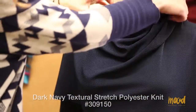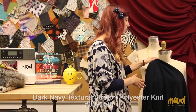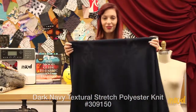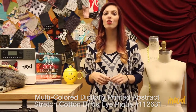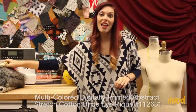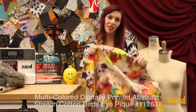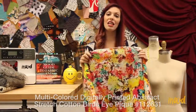Long sleeve shirts, you can make it dressed up, you can dress it down. It really all depends on what you want to do with it, and it can be used for just about anything. Our next item number is 112631, and it is a multicolored digitally printed abstract cotton bird's eye BK, and it's made of 98% cotton, 2%